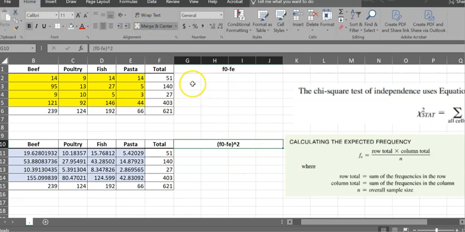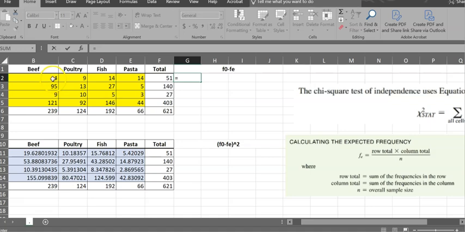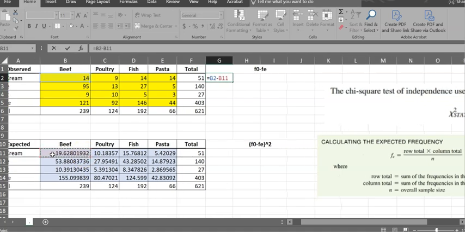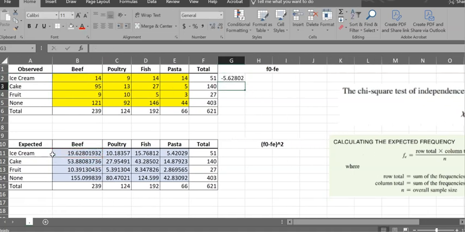All right, so let's start with the first one. The first one is really simple. Equal sign, you click on the observed value, which is this one, minus the expected value, which is this one. All right, and enter. It's going to give you a number, you're going to select that number, you're going to drag the box